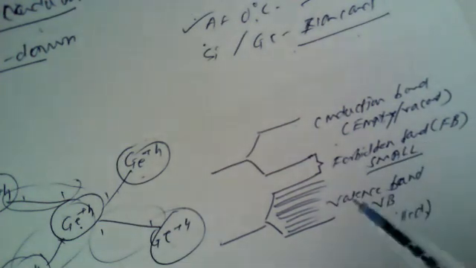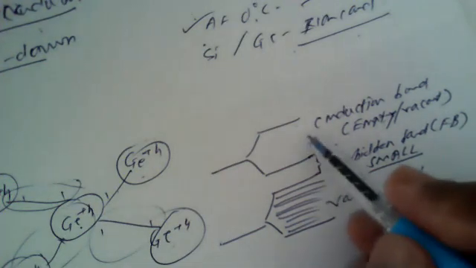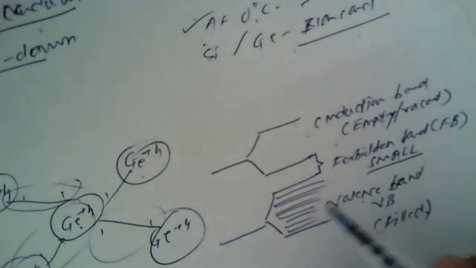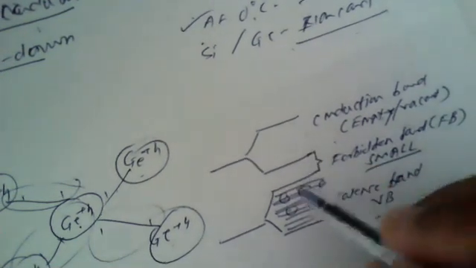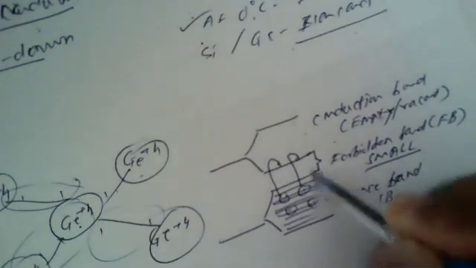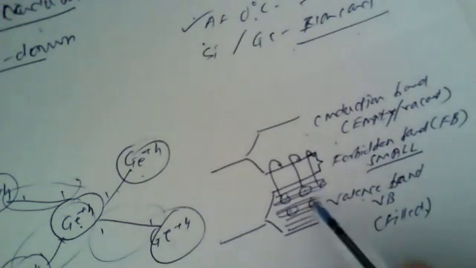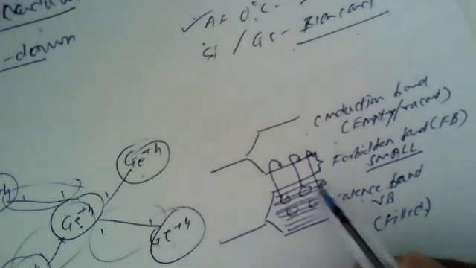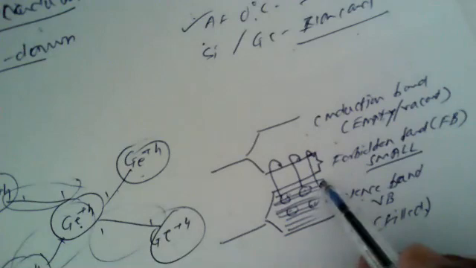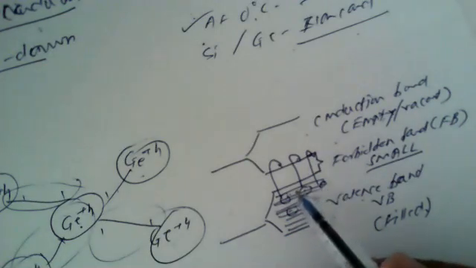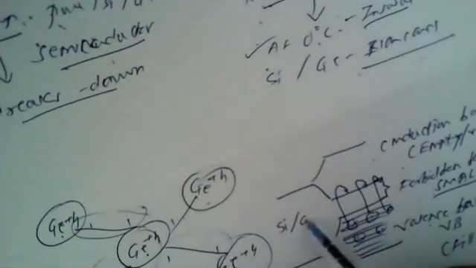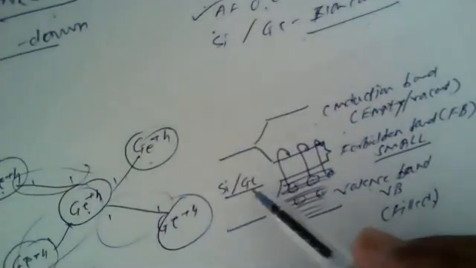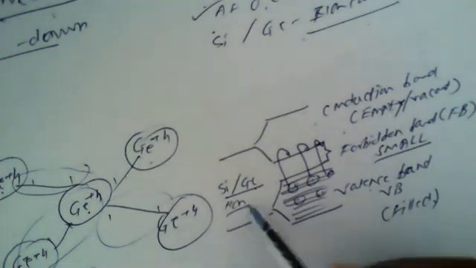On account of the small energy gap between the valence band and the conduction band, by increasing the temperature, the electrons in the valence band can easily jump from the valence band to the conduction band. And for jumping of such electrons, very little energy is required. That means if we just increase the temperature of this pure silicon or germanium crystal, which at 0 degree centigrade or at room temperature acts as a non-conductor or insulator,